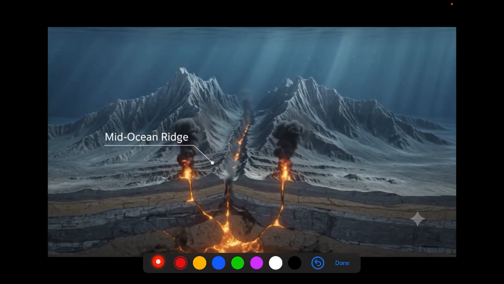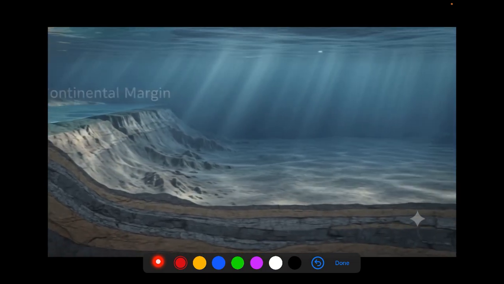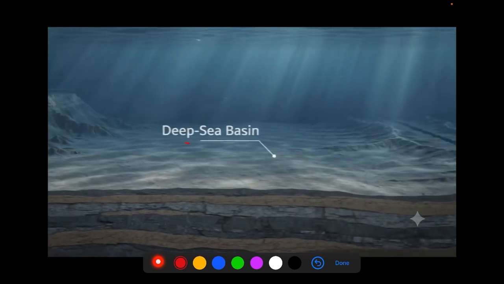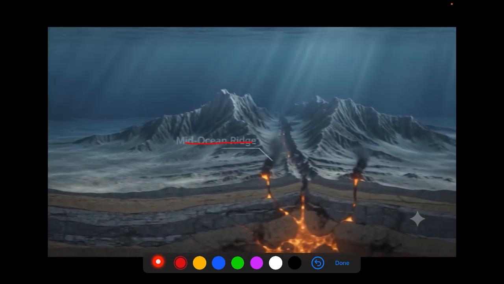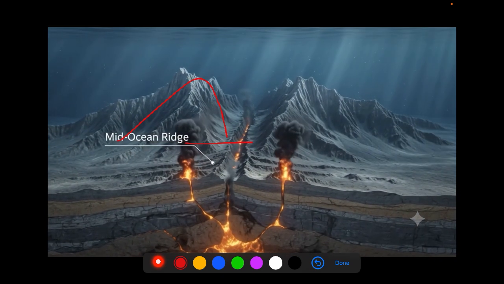Right. So in this video, we have seen that there are three parts. We have seen the continental margin in the starting, then there is the deep sea basin, and then come the ridges. We can see that lava is erupting from here, and mountains are being formed on both sides. That is a characteristic of the mid-oceanic ridge: it has a central line that is common to all the mountain ranges.